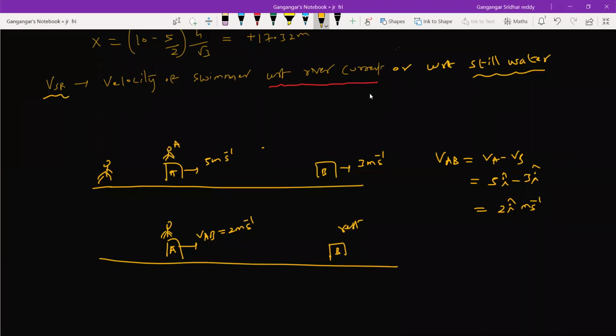Sir, how is it possible? You can try now. After what time will they meet? Calculate that. Similarly, A will take the same time to meet B. Then after meeting B, what happens? A will cross. Here also the same thing will happen.